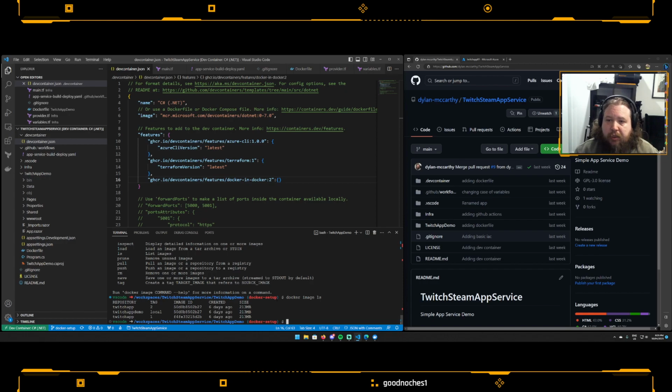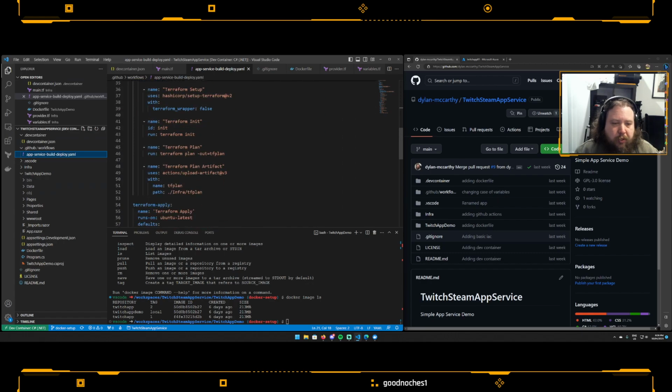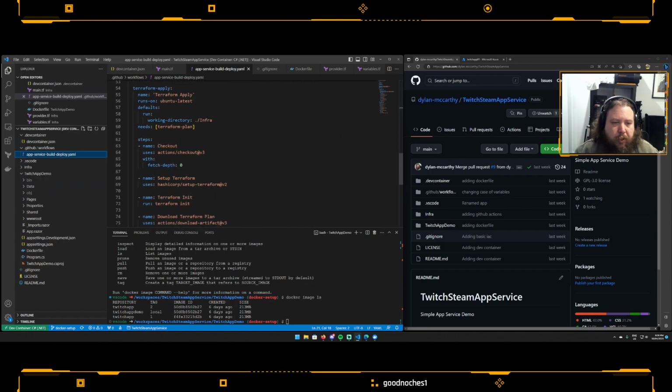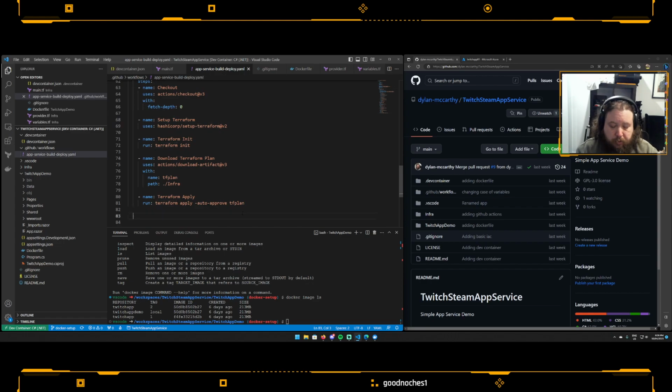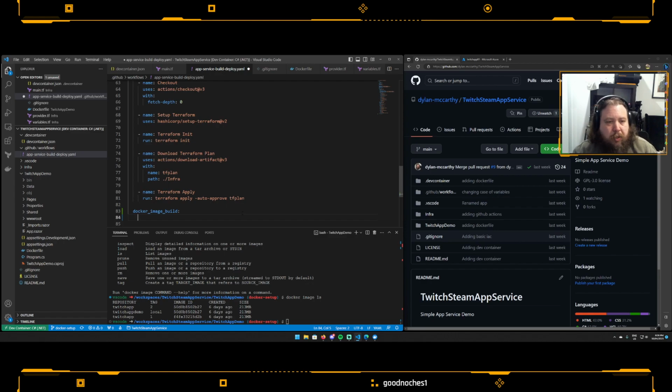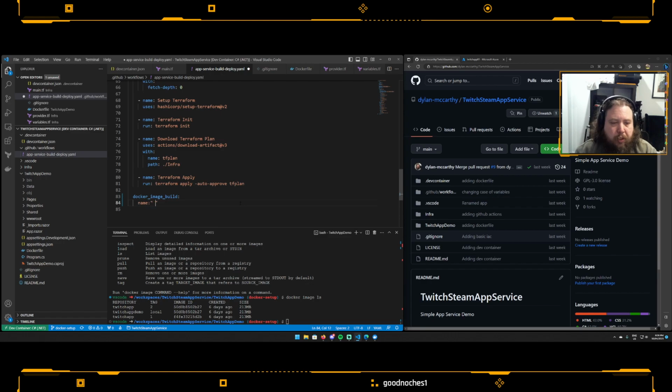So let's get to work building that inside the workflow. This should be pretty straightforward. What we're going to do is come in here and, after the Terraform apply, I'm going to create one called docker image build, and we're going to give it the name build,